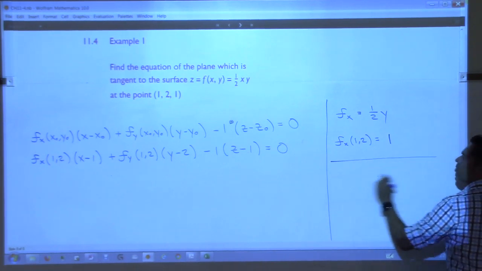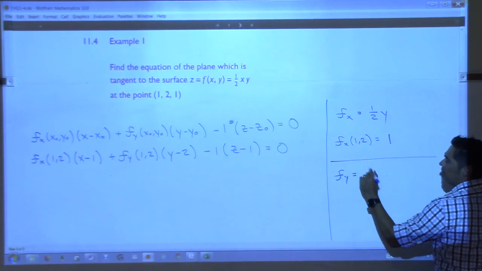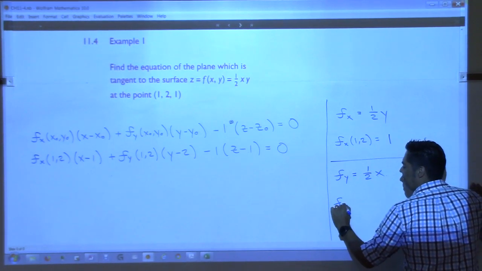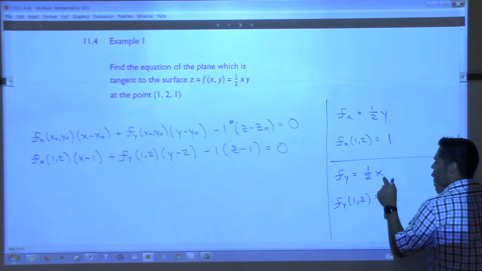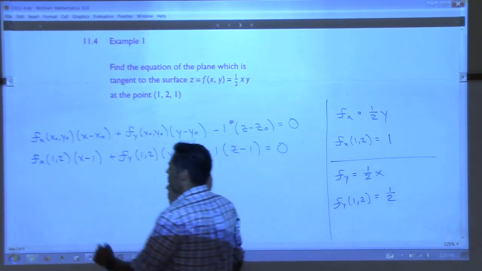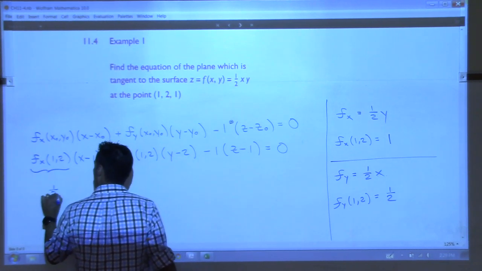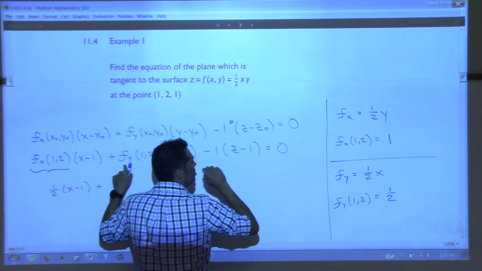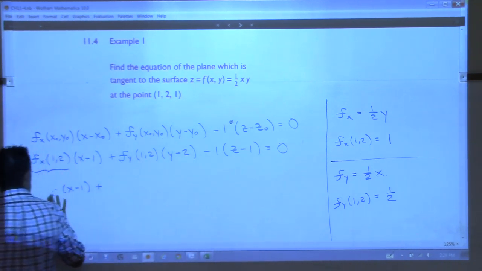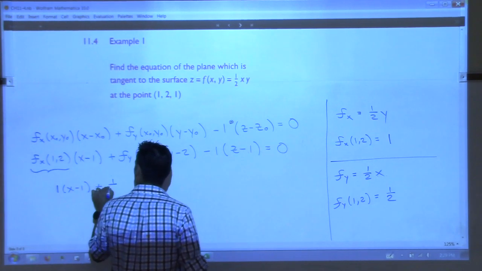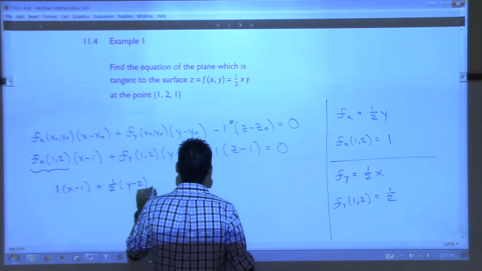Okay, now we need the partial of f with respect to y. We do that. It's just half x, right? And then we do that at the point 1, 2. So plug in 1 for x here, we just get a half. And then once we have this information, we just come back over here. So this is 1/2, x minus 1, and then plus, wait a minute, I just messed that up, didn't I? This was the first one. This was 1, and then that next one is 1/2, and then y minus 2, and then minus,